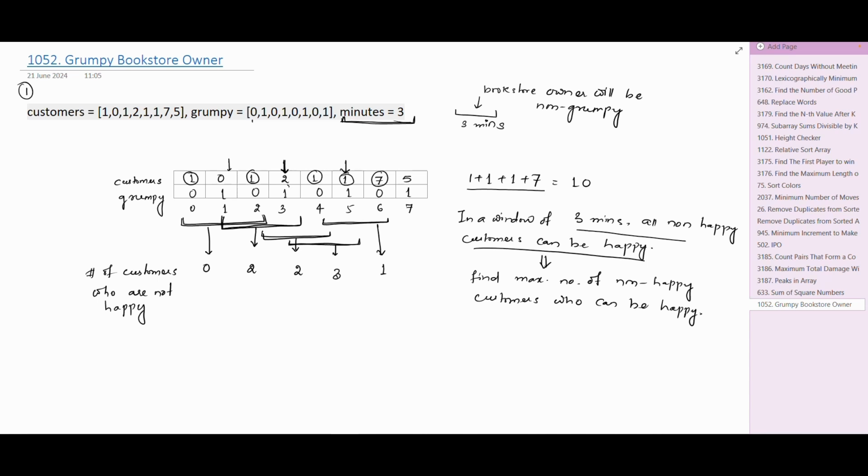And for the next window, that is 5 to 7, the number of customers who are not happy is 1 plus 5, that is 6. So we can see that for window 5 to 7, the maximum number of customers are not happy. So if we use the technique